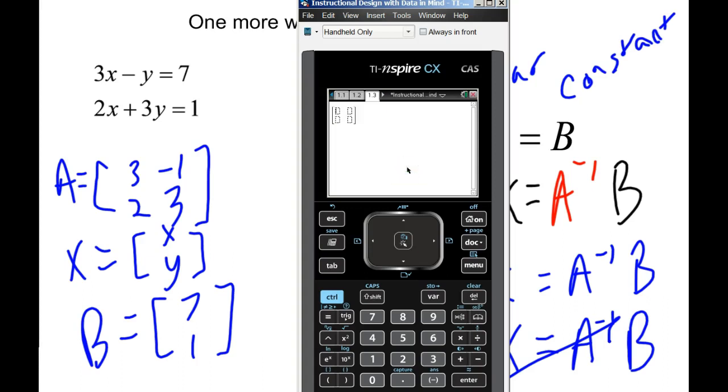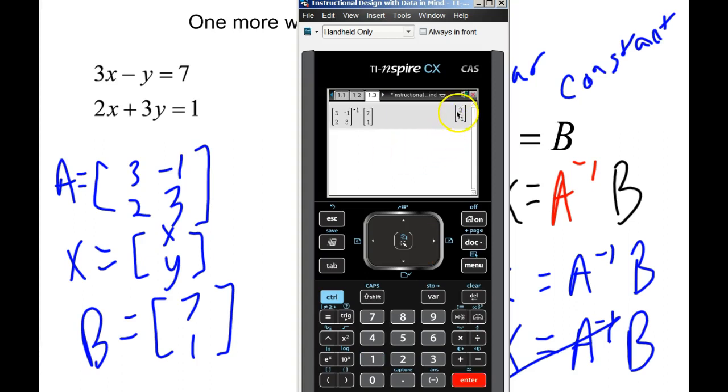Matrix A is a 2 by 2. I'm going to type in 3. I like to hit tab, -1, tab, 2, and 3. And to get the inverse of matrix A on the calculator, all you do is put it to the power of -1. And when you do that, it knows that you want to find the inverse of that. So inverse of A times matrix B. Matrix B is going to be, let's see, a 2 by 1 matrix. So if you get your matrix template tool out, you can just go to this one if you prefer. And that's 7 and 1. So then we just press enter,